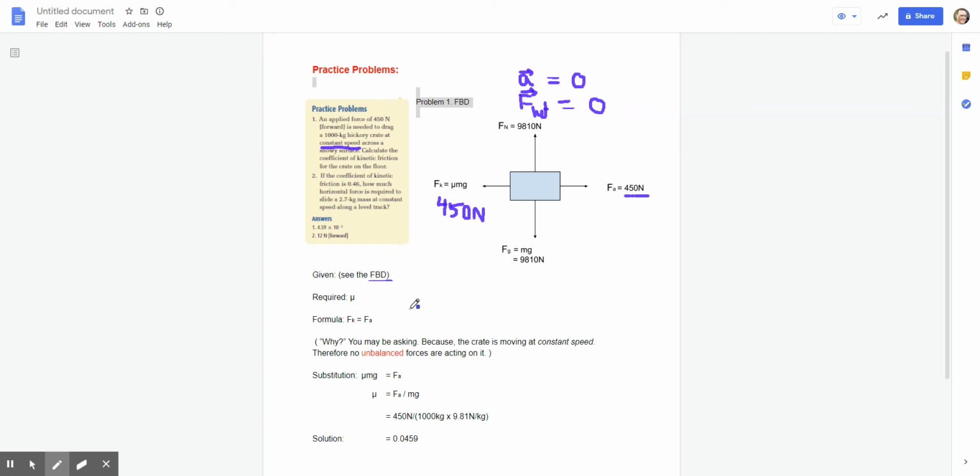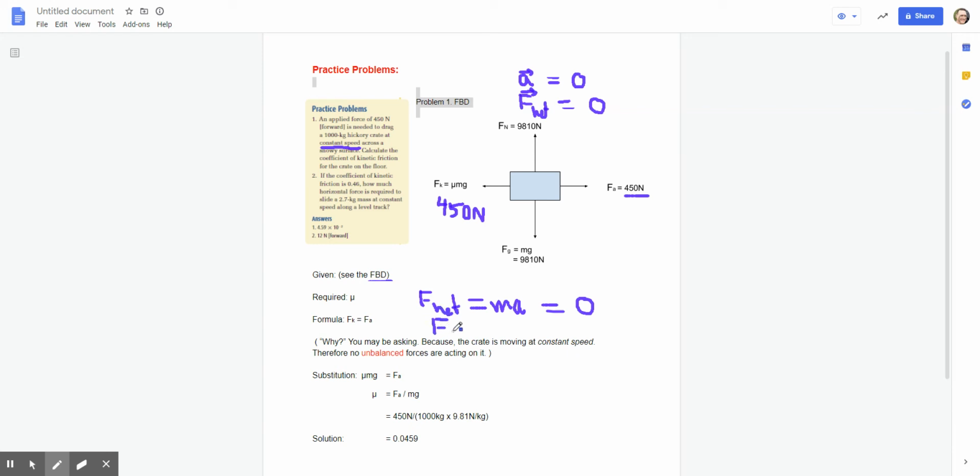Newton's second law basically says F net equals ma. F net equals ma solves every problem. Not most problems, but every problem in dynamics. So if we say that F net equals ma, I should have written that down initially, which equals 0, because there's no acceleration, then you're going to get